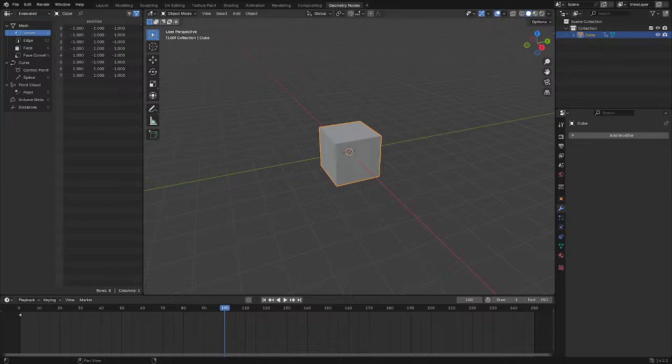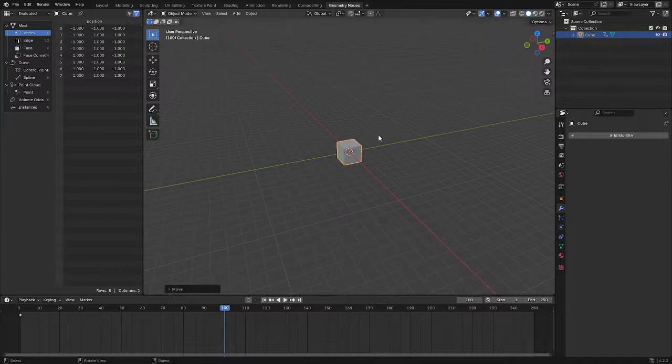And if you wanted to, you could also press S to scale and just scale that up. Now, if we move our timeline or if we play the timeline, it's not going to keep this,